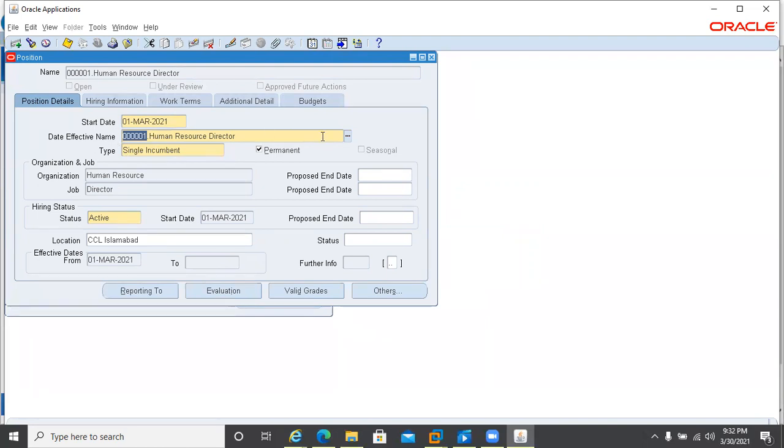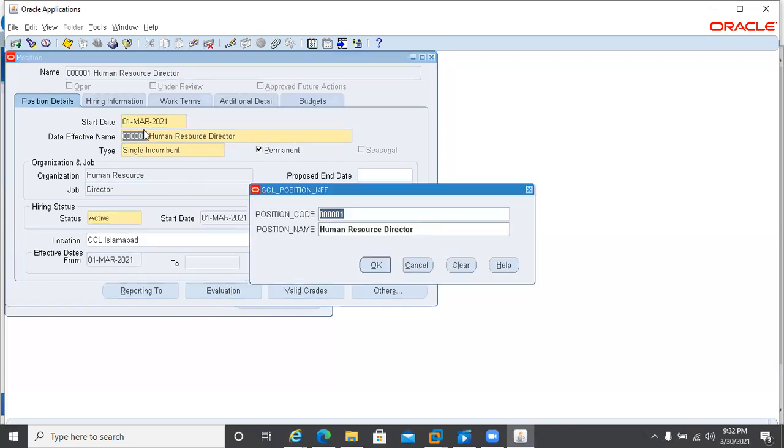Because if you see, once we created the structure, once we created the position key flex field, at that time these were the 2 value sets, meaning the 2 segments which we created. And so far we didn't add any value set at that time.